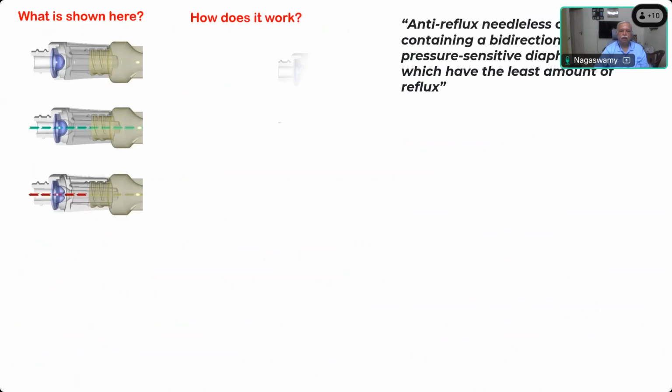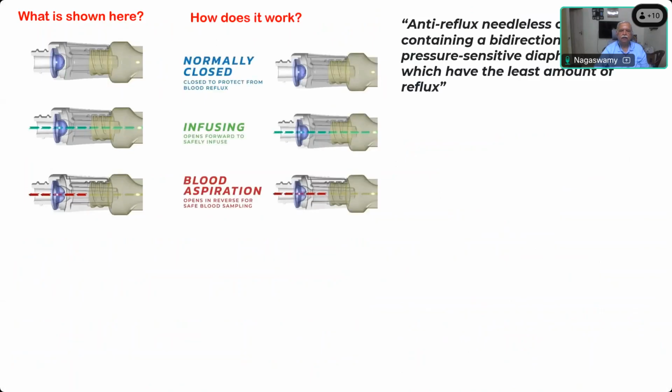So how does it work? It works like this. It is in a normally closed position. It protects from blood reflux. When the fluid infusion goes, it goes through without any problem. And when you want to aspirate, you can do the aspiration, but other times you will not get a